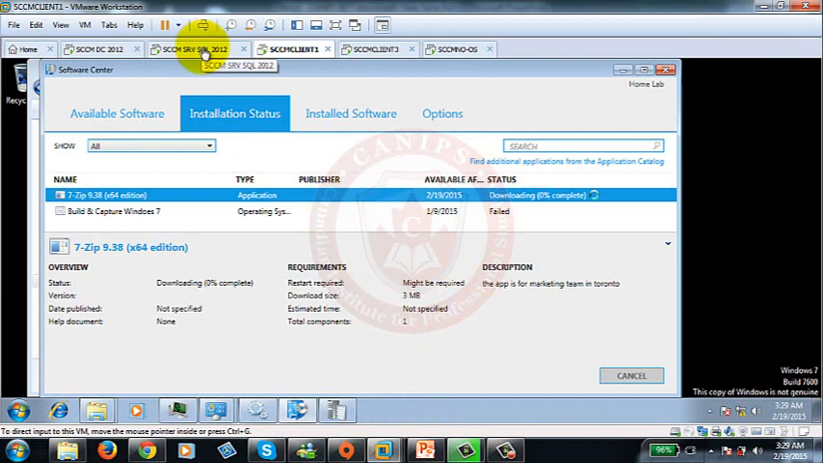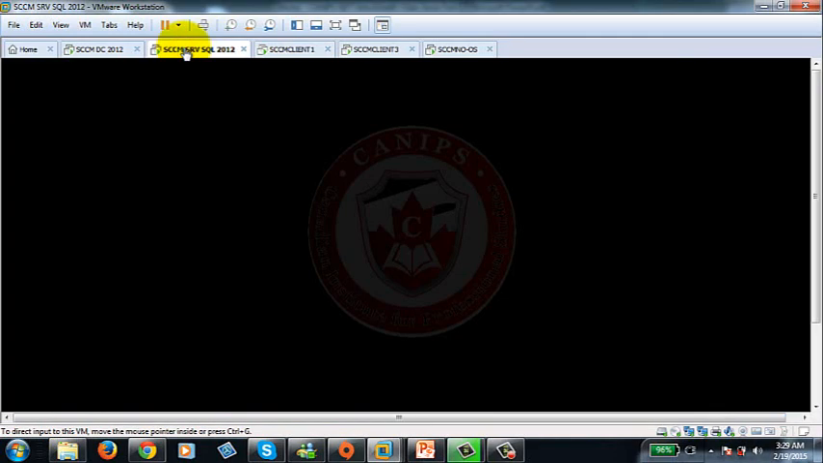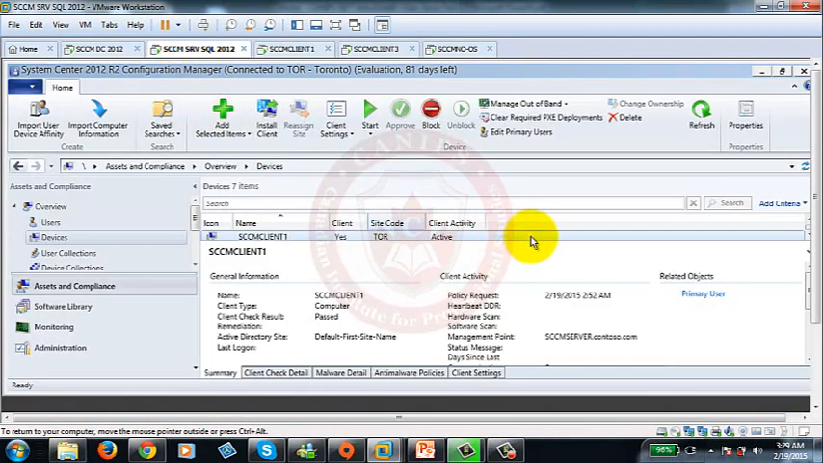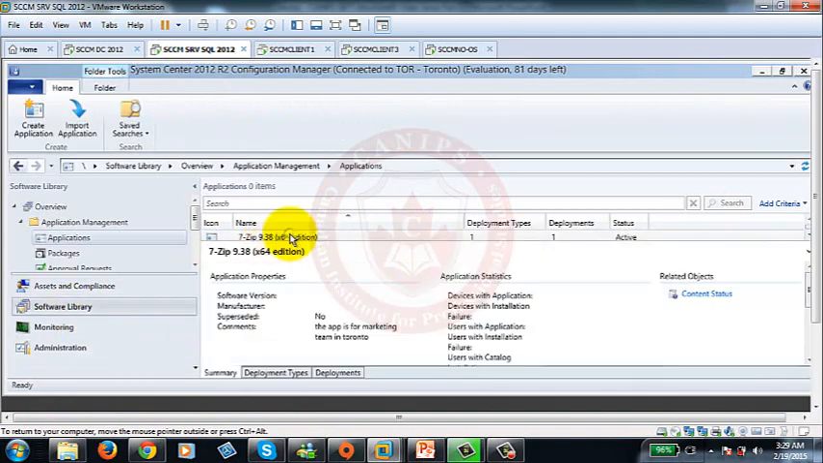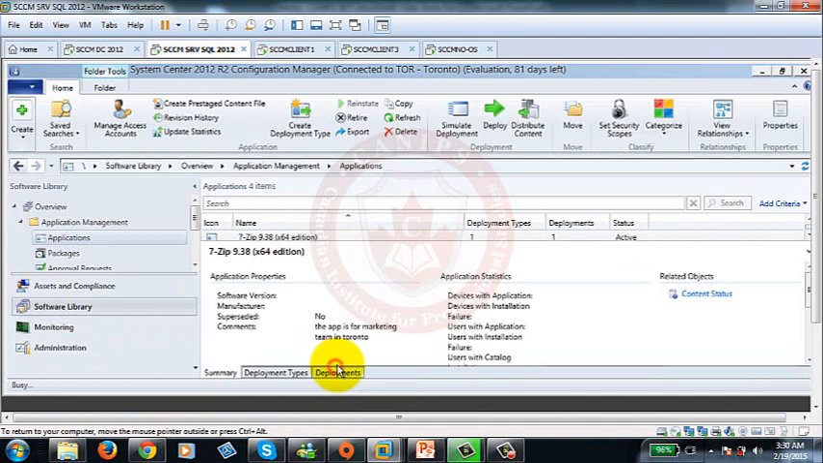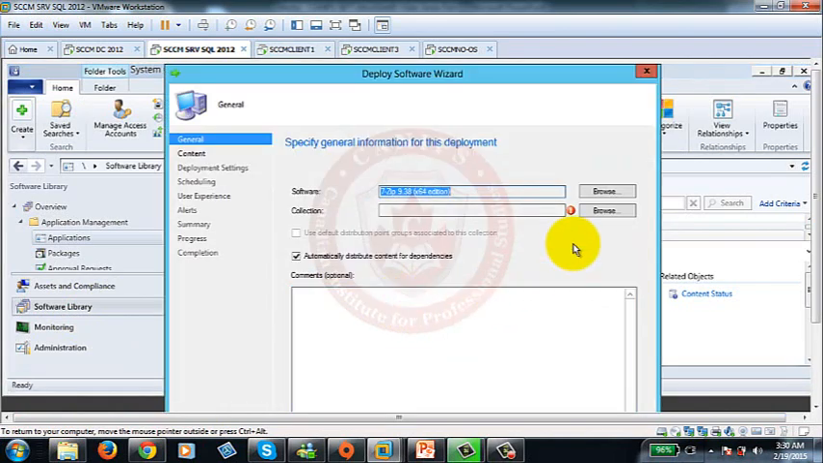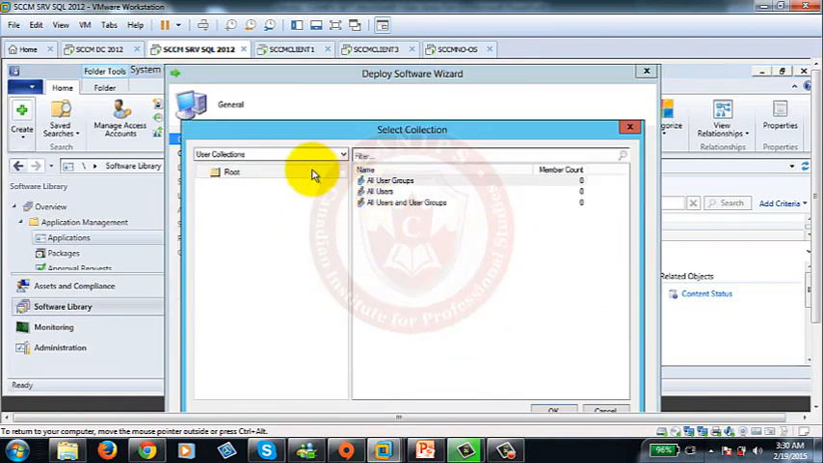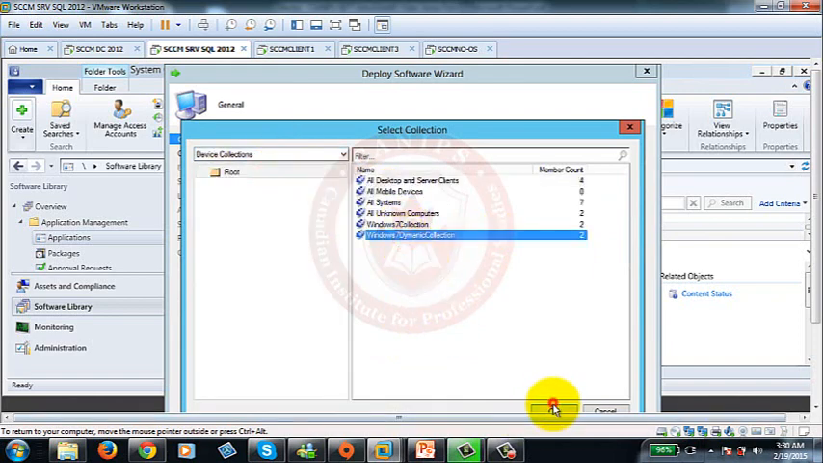Okay, so I tried to Google, but I couldn't find any specific answer. The few of the blogs were pointing to the same thing what I checked: boundary group on a distribution on a DP. Now what I'm gonna do is I'm gonna try something else. So I'm gonna try and redeploy it again, since I did some settings. And let's see, I'm gonna redeploy it to devices, same collection,